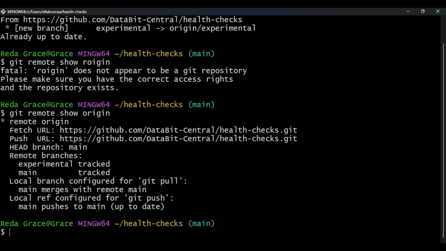To create a local branch for it, we can run git checkout experimental. When we checked out the experimental branch, Git automatically copied the contents of the remote branch into the local branch. The working tree has been updated to the contents of the experimental branch. Now we're all set to work on the experimental feature together with our colleague. Next, we'll look at what happens when we try to push changes, especially when our changes generate conflicts.